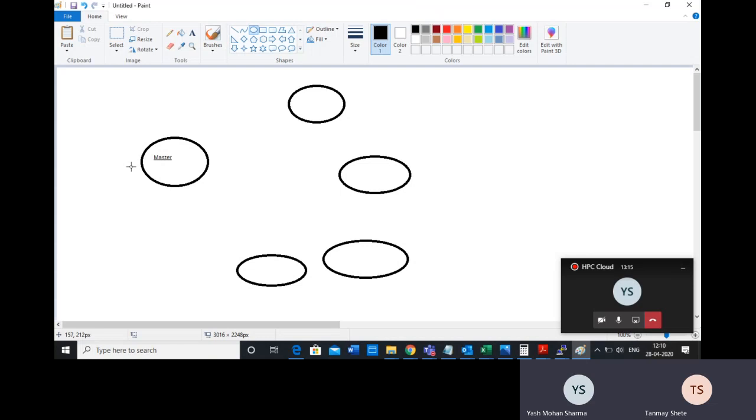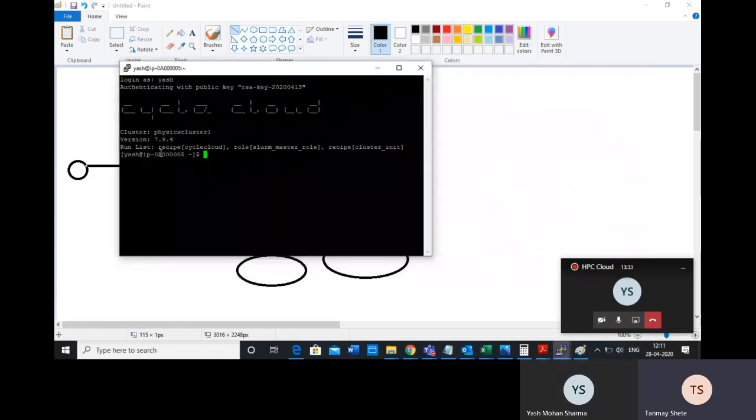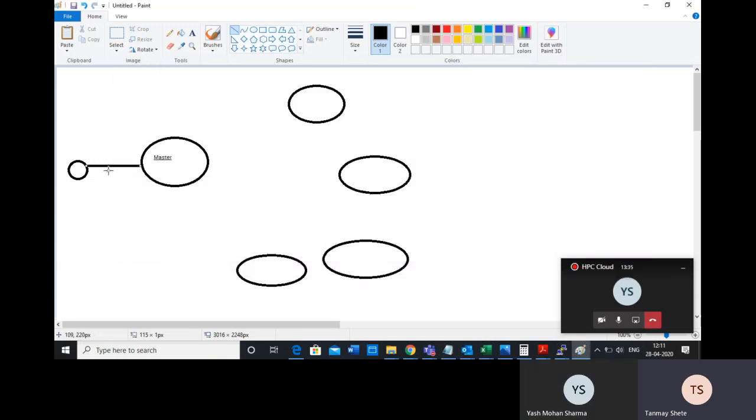Now what you do is, as an individual, you connect to this machine. Right now this PuTTY session is connected to this master machine, and through the master you can actually connect to any of these machines.